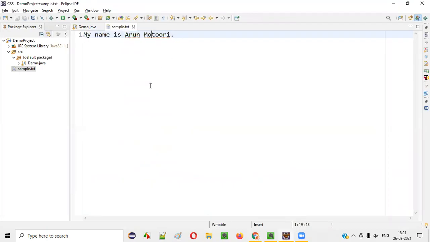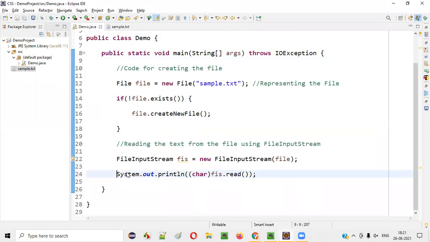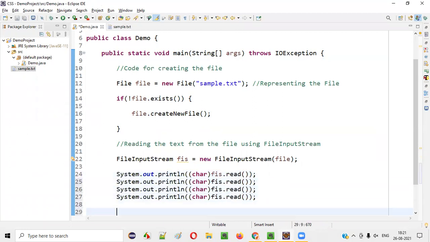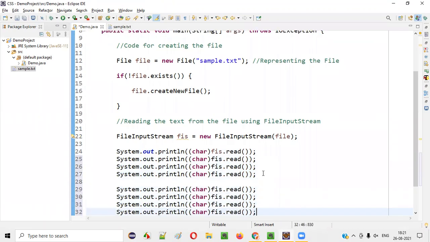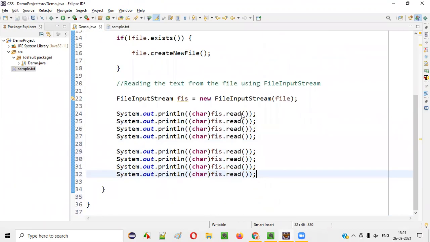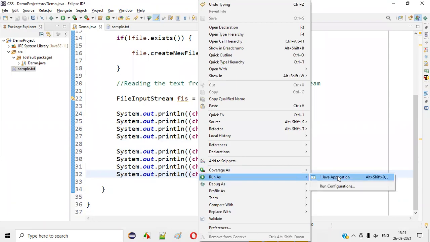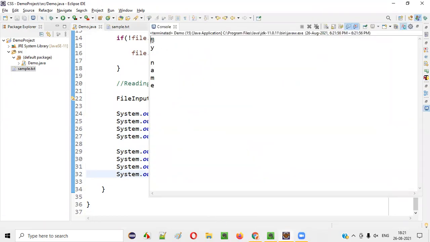But what about the other letters? For other letters, guys, you have to copy paste this one. Copy paste again, like this. Keep on copy pasting. However many statements you copy paste, that many letters will come. But this is not a good approach, I know. But still, let's run it, my name.